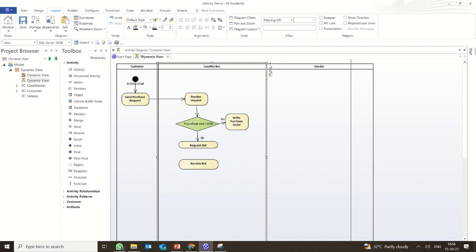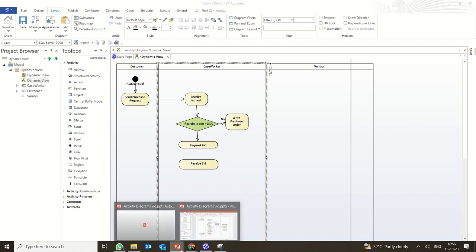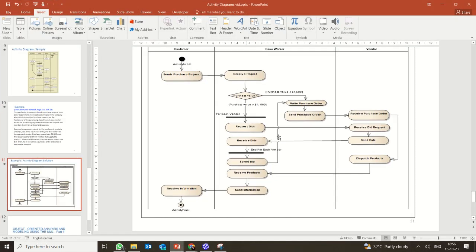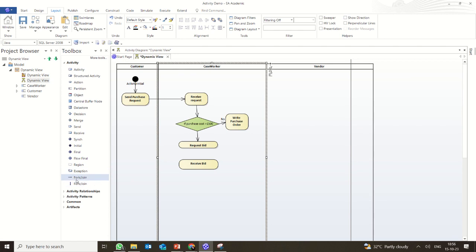This request bid and receive bid, when you look at your activity, you have to do it for each and every vendor, right. So this is kind of a loop of activities which has to be done. So I want to show you this fork. Basically what you could do is, I am just deleting this one, and from here I am taking the